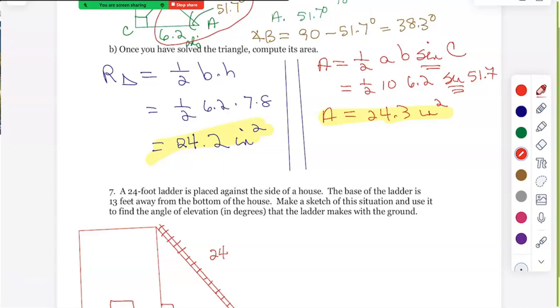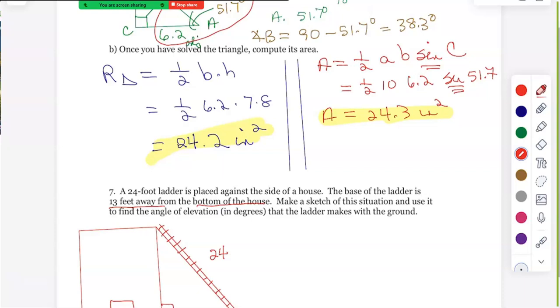It says the base of the ladder is 13 feet away from the bottom of the house. This is the base of the ladder. This is the bottom of the house. So I need this value of 13. Make a sketch of this situation. Okay, I've done that. I would read this again, make sure that you have drawn it so that it matches